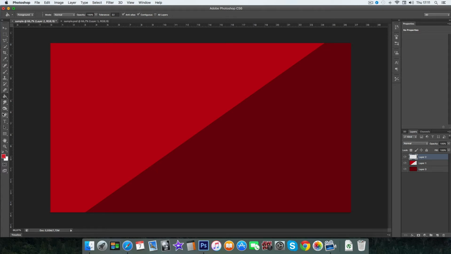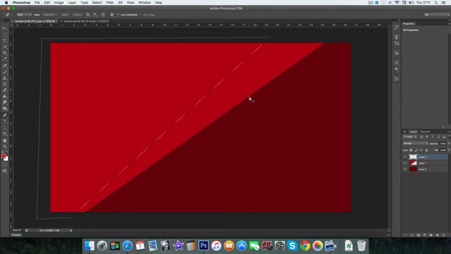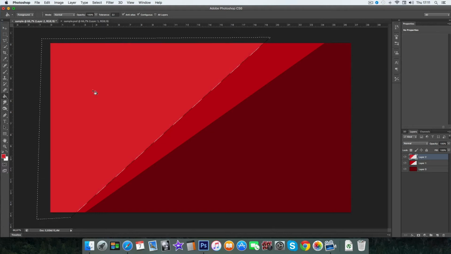and we use the pen tool again, same thing, just a different shape. So I'm going to go around. I'm not going to make it exactly like the old one, so let's go around here, and now we close it off again, right click, make selection. Okay, it's made a selection again. You select your paint bucket tool and you click paint, and then you click Command D to get rid of the selection. It's very simple, as you guys can see, and then you just repeat, and with an even lighter